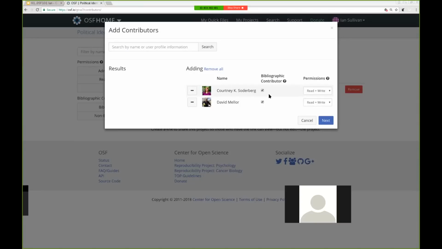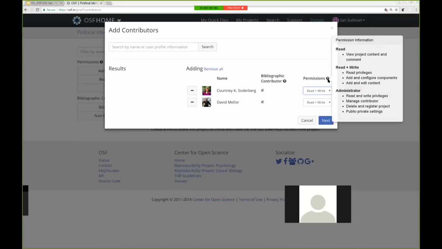What rights and permissions these new contributors have depend on this second list here, which is the list of permissions available. There are three main permission settings in OSF: read, read-write, which is the default, and administrator. If you ever need a refresher in what the difference between those are, you can hover over the little question mark in a black circle, and it will spell that out for you. This is generally true across OSF. If you see a little question mark in a black circle and hover over it, hopefully it will give you